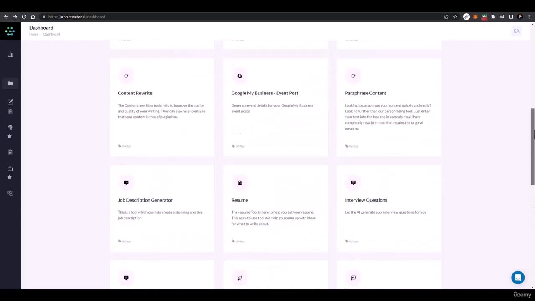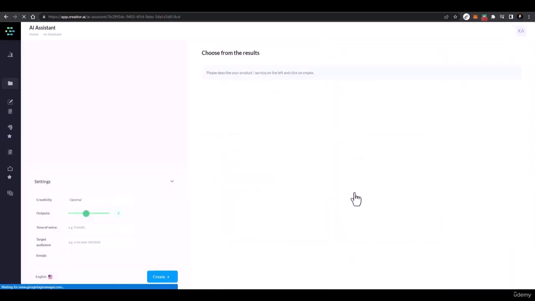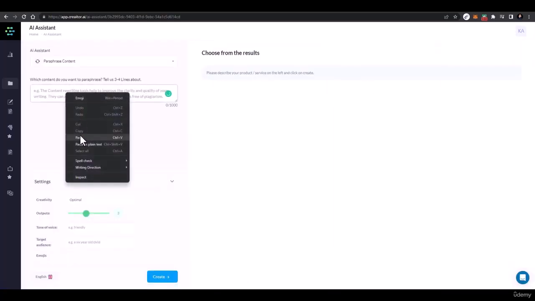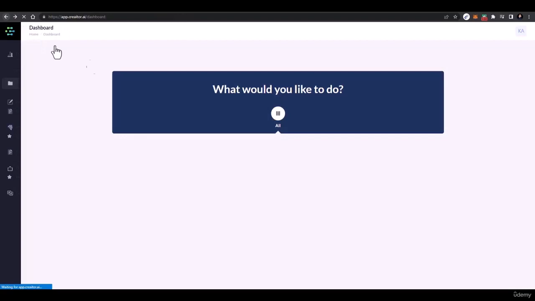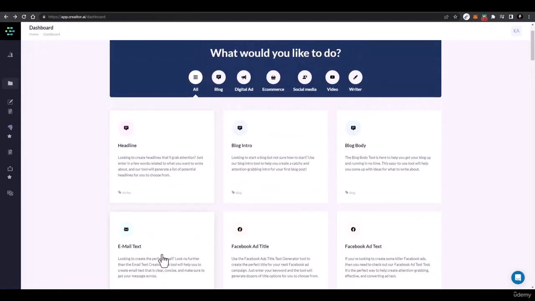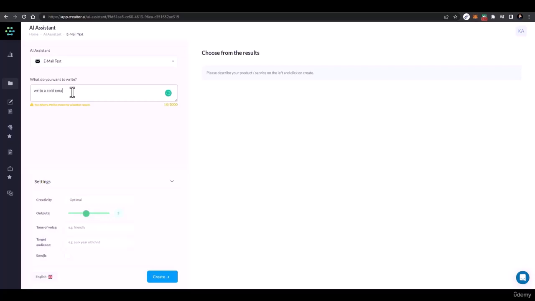Now if you go to paraphrase the content, you can paste some content here, or you can copy some content and paste it here. Or if you want to generate an email, you can go there and write a cold email to a restaurant for web design services. Okay, so I just asked this, and I'll click on create,